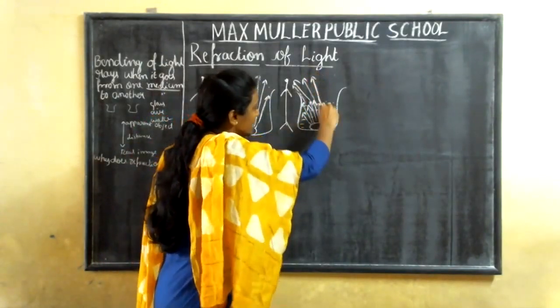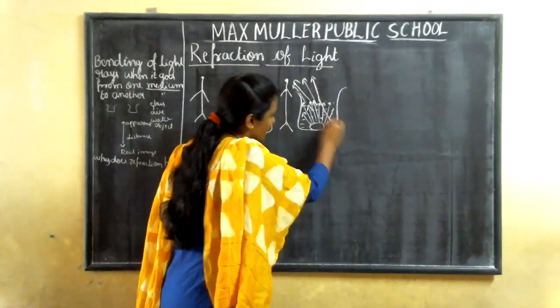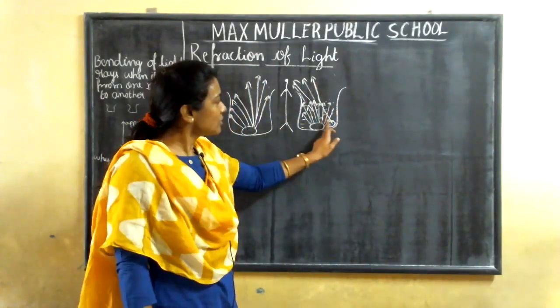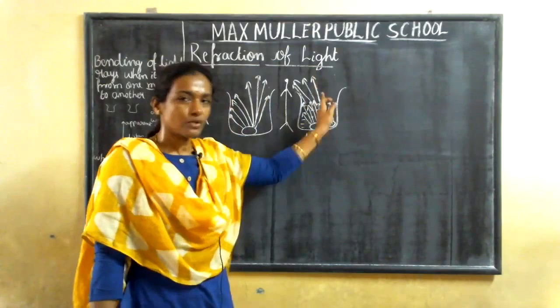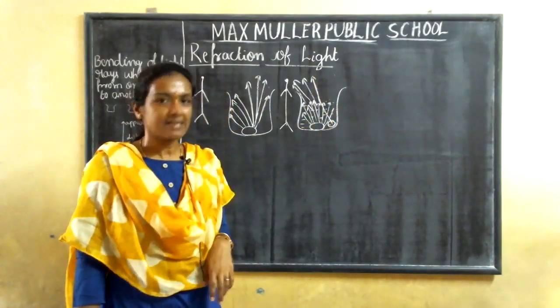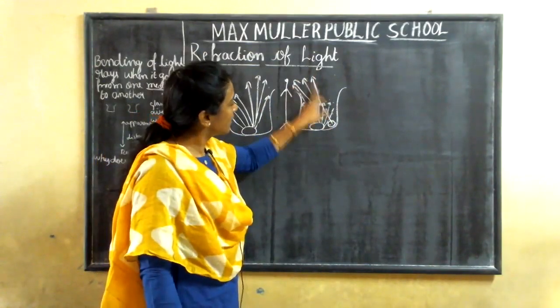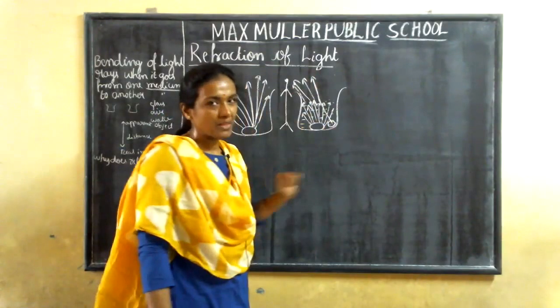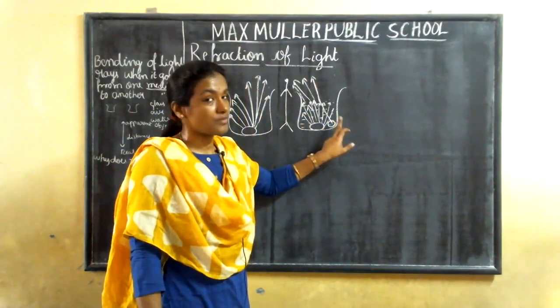You are going to think that the coin is here. Okay. Why? Because the rays are coming from here. So we'll think that your coin is in this place, isn't it? So we will try to take the coin from this place, but this is not a real image, this is not a real object.